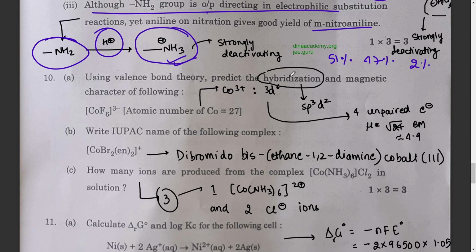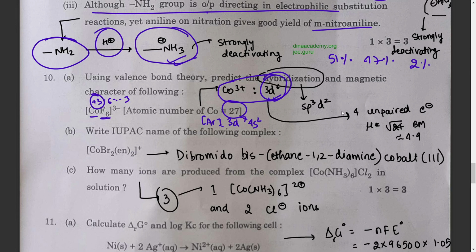Using valence bond theory, predict the hybridization and magnetic character of the following. So this is hexafluoridocobaltate(III), and cobalt has an atomic number of 27, hence the electronic configuration is argon, then 3d7 4s2, so 18 plus 9, yeah, 27. And the oxidation number in this case is plus 3, then plus 3 minus 6 is equal to minus 3, so yeah, plus 3. And Co3+ has 6 d electrons, and fluorine is a weak field ligand, so